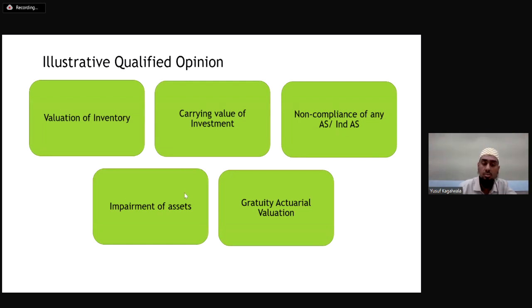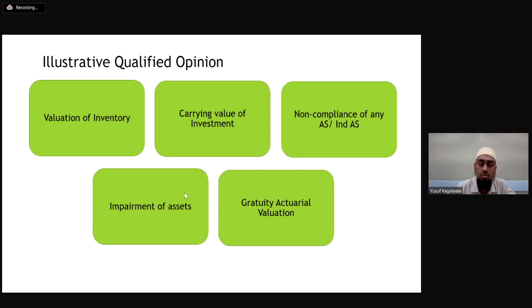There are criteria or trigger points based on which impairment is noticeable, but the management has not properly impaired, or they have not even considered the impairment calculation, and if the impairment had taken place, we are able to conclude that it will be material, then a qualified opinion should be given. Gratuity actuarial valuation,